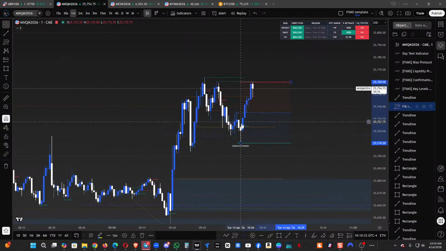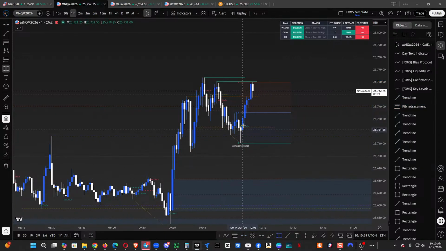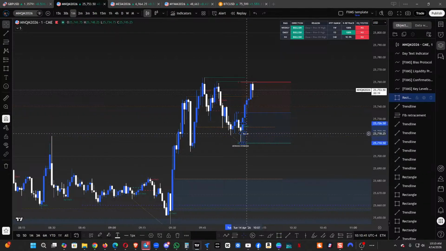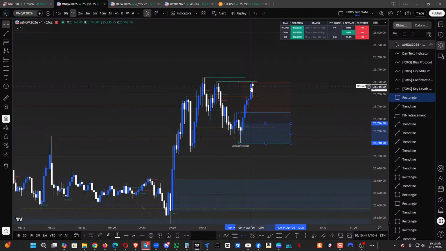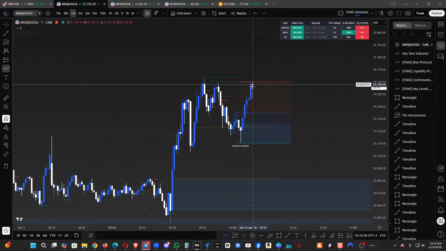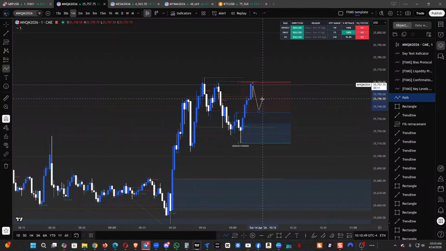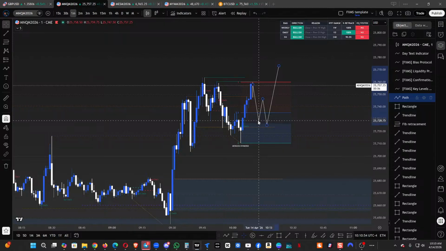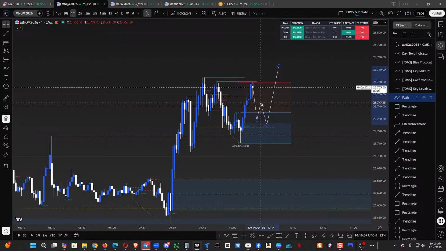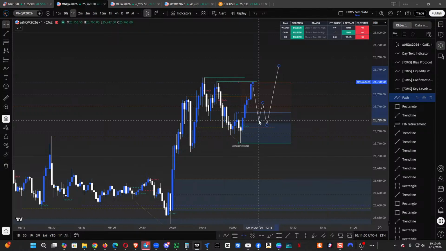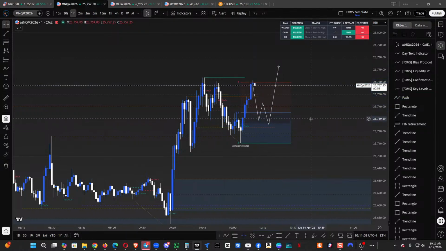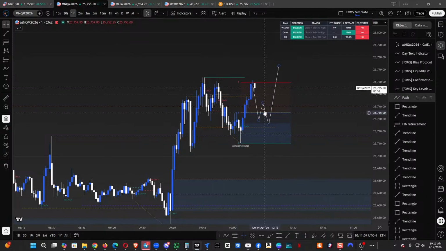Okay, and then we look for price to trade back into this, let's say, order block imbalance right here. You can see there's an imbalance right there. It's marked out. Okay, but first we want to see some kind of swing into this level here, right? Something like that. And then a move down and then a move up. This will be a little bit lower into the range if possible. Right, so that we get the internal sweep into a point of interest